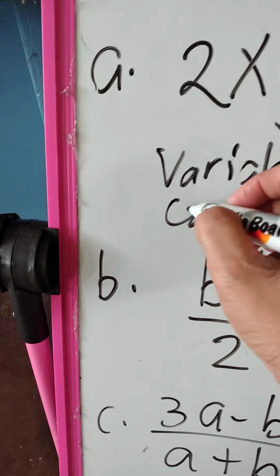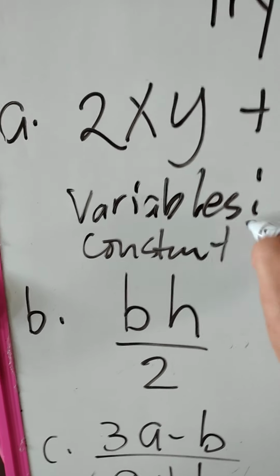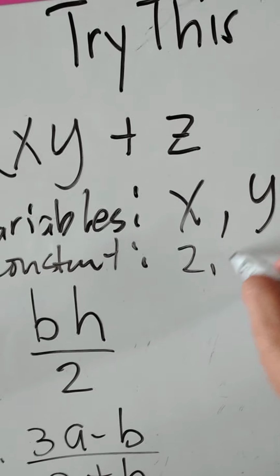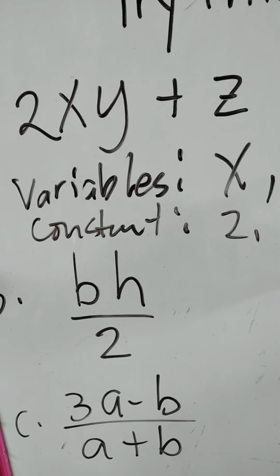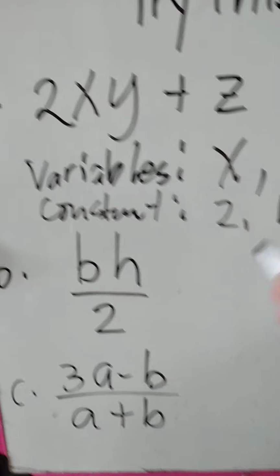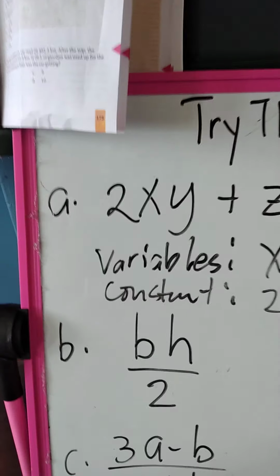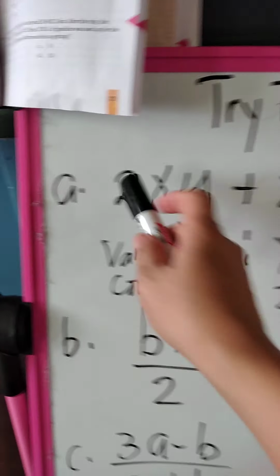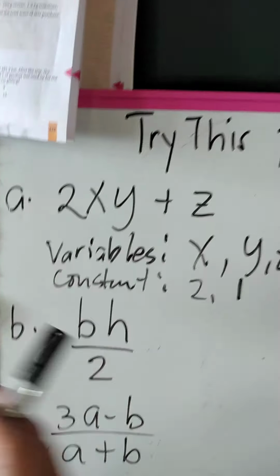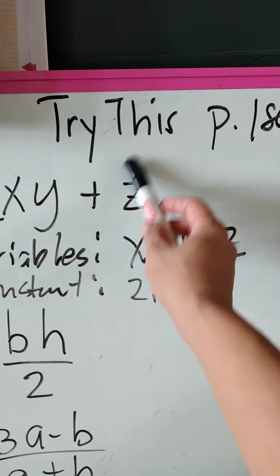Your constants, of course, are 2 and 1. And the operation involved, I cannot write it anymore. The operation involved, please take note, is multiplication between 2x and y,